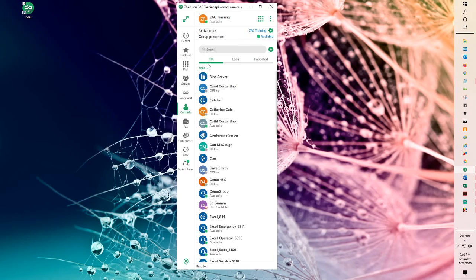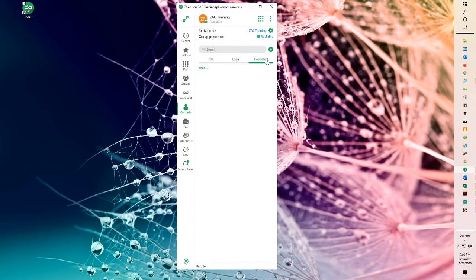Contacts. The MX is the Media Exchange unified communication server platform, so all of the users that are built in the system, all the groups, all the dialable codes are going to be listed under the MX, and you can sort them by first name, last name, or by their presence. If you click on the imported, that would actually be the integration with Microsoft